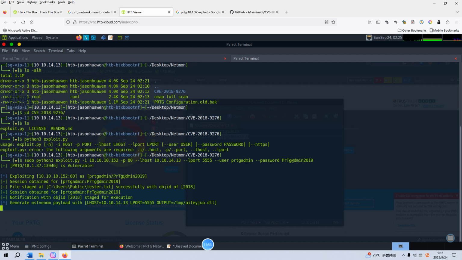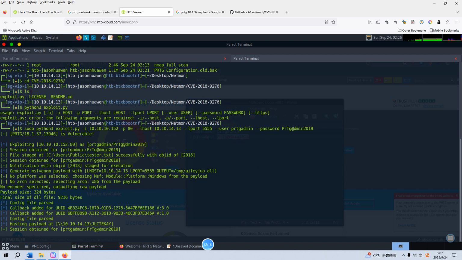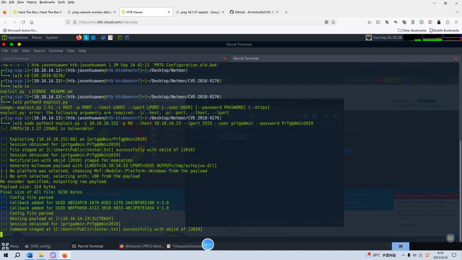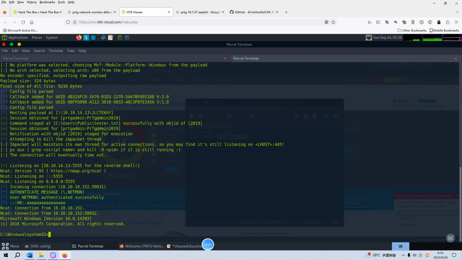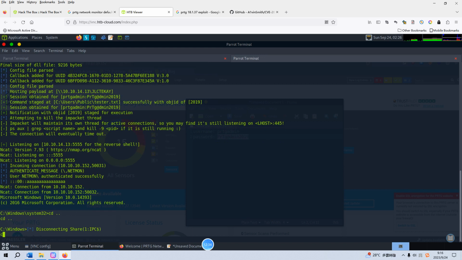They generate the payload with MSFvenom. The session obtained for this user. I think it now is uploading this payload to the target. Yeah, configure file passed, command staged successfully. And open up. Yeah, we have already got the command shell, and now we can go to the